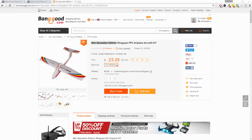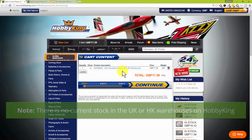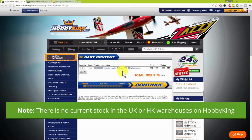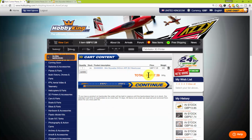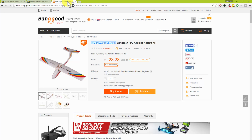Now, the issue which I've got, if we go across to HobbyKing, is that yes, this model is cheaper from HobbyKing, not only from the EU warehouse, the China warehouse, and also the European warehouse, but the issue is that when you add this item in for £17.59, which is cheaper than Banggood, they want to charge me £10.77. Whereas if we go to Banggood, it's £23.28 plus £3.47, which is